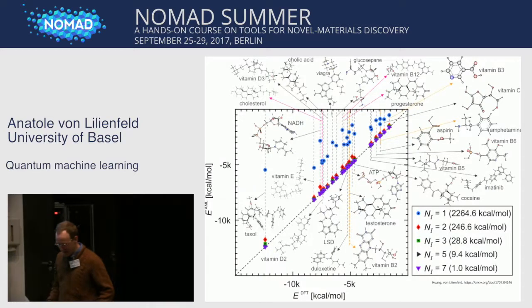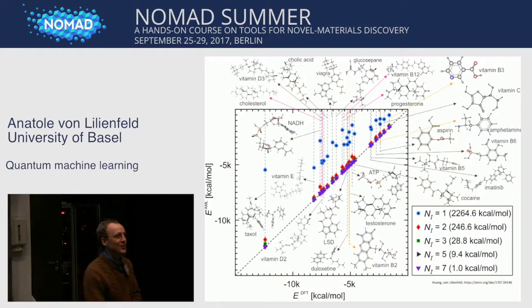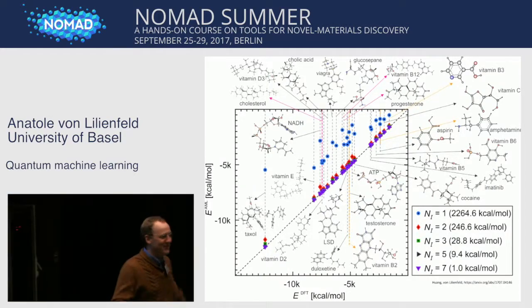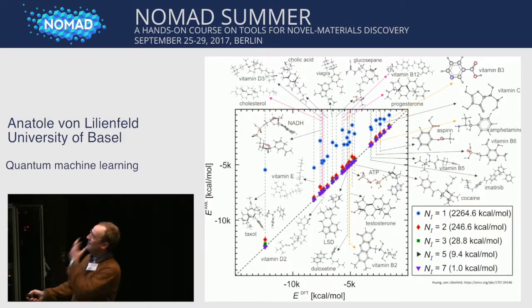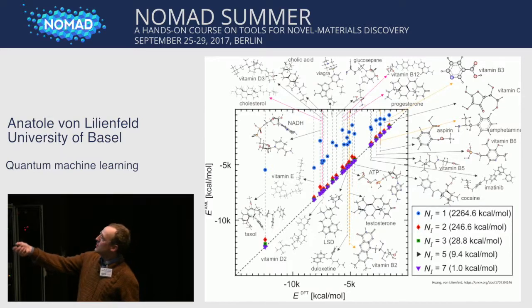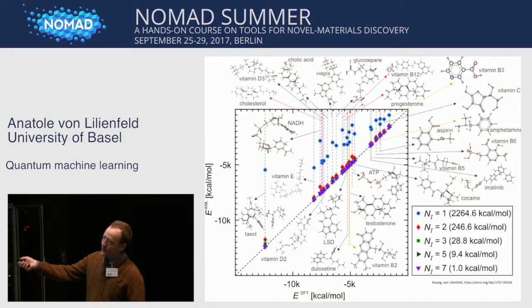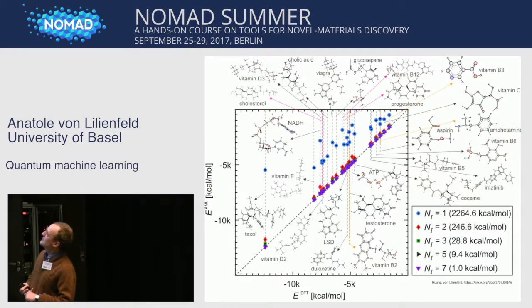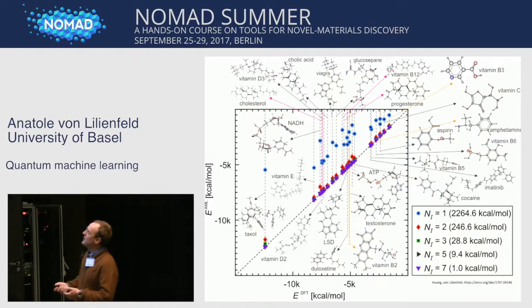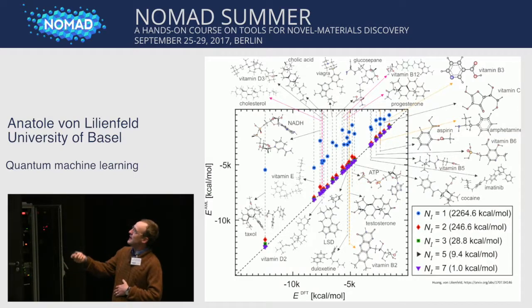And then, of course, we were excited to apply this to huge molecules. There's a very busy slide. What you have here is the model prediction versus truth. We use B3LYP as a reference for DFT. And this is the atomization energy. So you have a very large scale here on these axes.